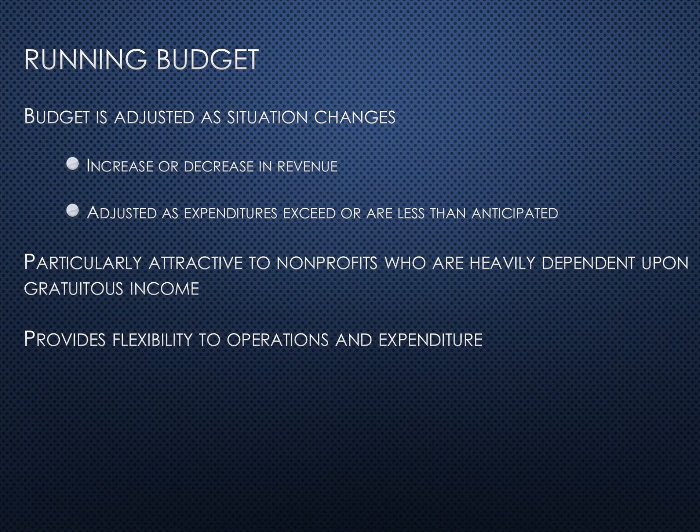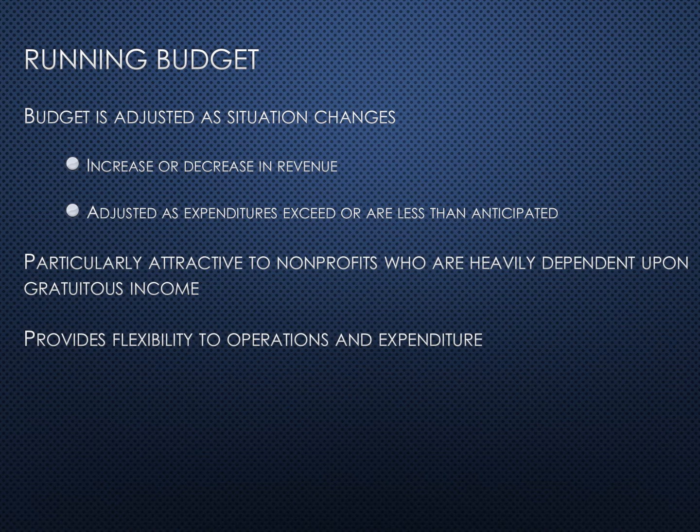So the running budget is a budget that is adjusted as situations change within the organization or program. So something it's helpful with is if we have a big decrease or a big increase in revenue, and we adjust the expenditures accordingly, or as we anticipate something happening. So if we anticipate a large loss in revenue or a significant decrease in revenue, we can adjust our budget accordingly. So this is really attractive to nonprofits and other organizations or agencies that are heavily dependent on